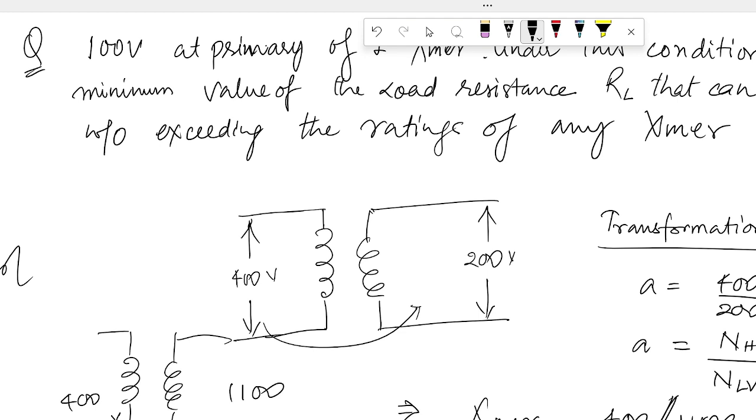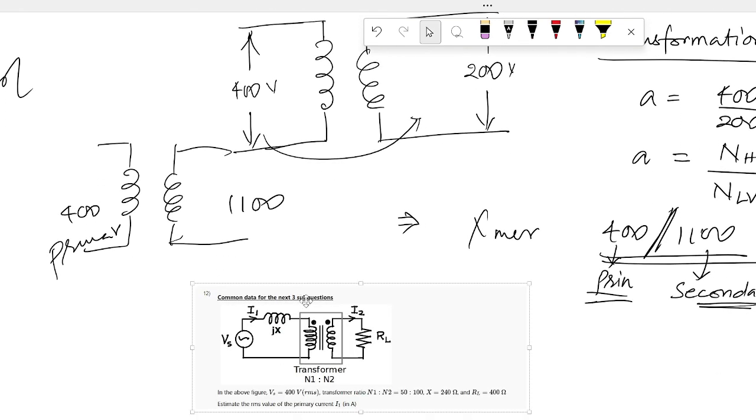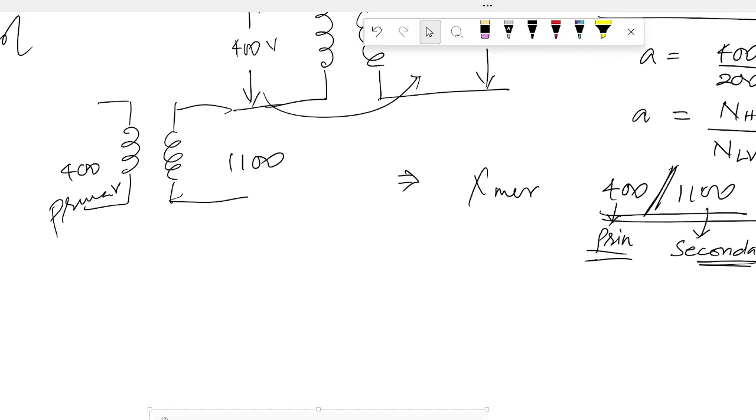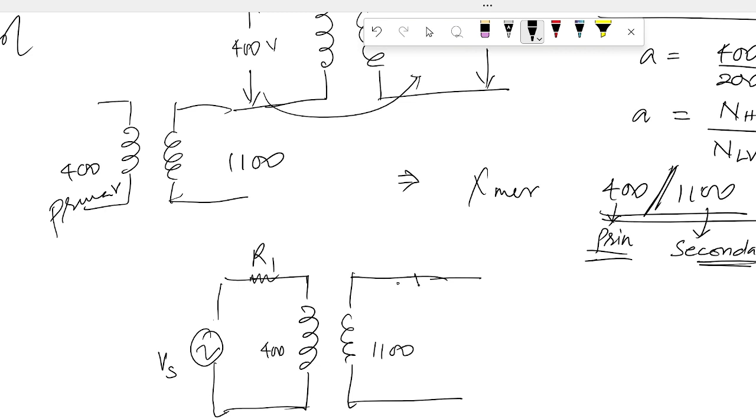And if nothing is given, write like this. When you are solving problems, you have to refer the quantities to primary or to secondary. Suppose with this winding you have got a source connected, and this is something 400 by 1100. Suppose this is r1, this is r2,